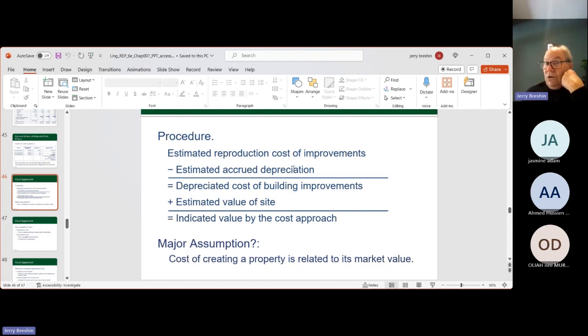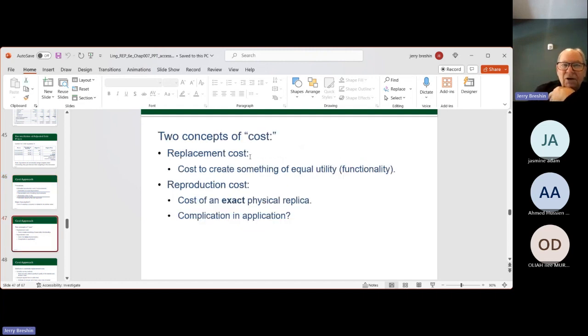They're not going to say, you had a nice Toyota, okay, here's a check for a new one, buy a new one. The replacement cost will be the cost of building a new one today. I'm talking about housing again. Here we go: replacement cost of creating something of equal utility, then, and the cost of an exact replica today.